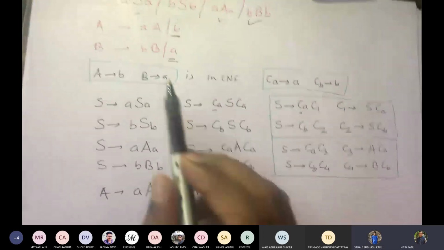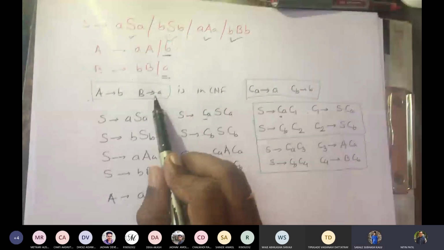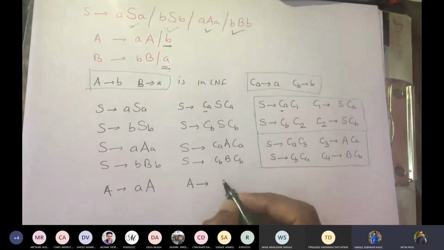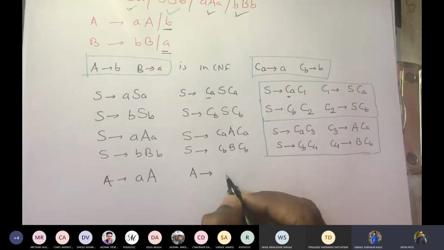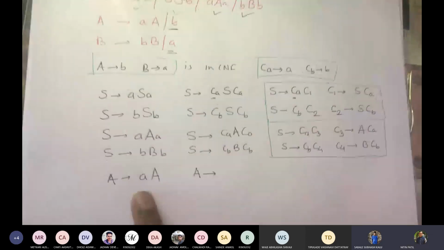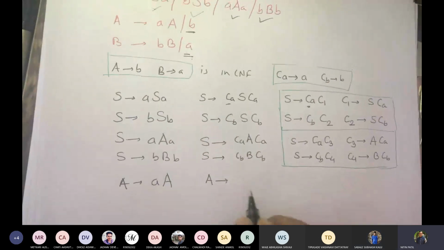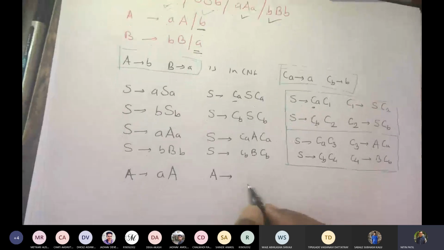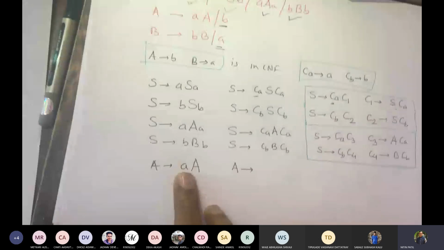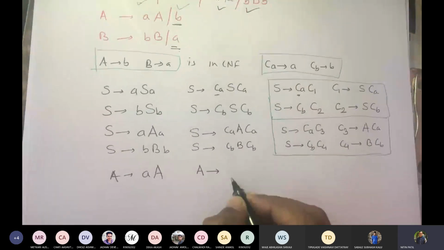See what I said. If your production contains only one terminal, don't touch it. But if your production contains a terminal along with a capital A, what is the order? The order is small a, capital A, no? So you should take the same order. Otherwise, if I take this A first, it will become AB, but we always want BA in this order. So what is to be done? What should I write?